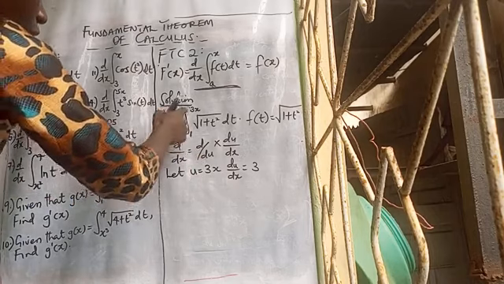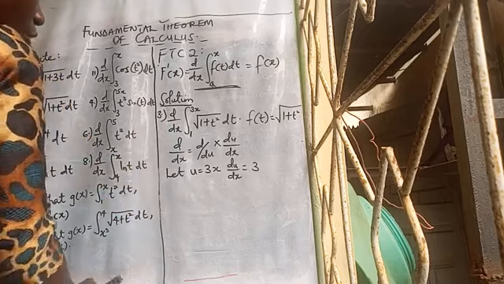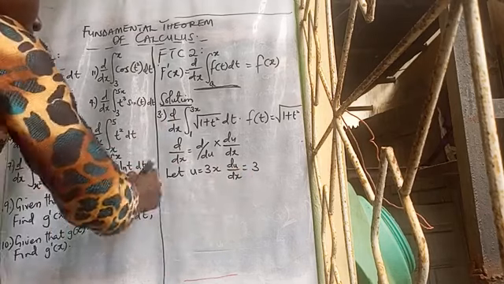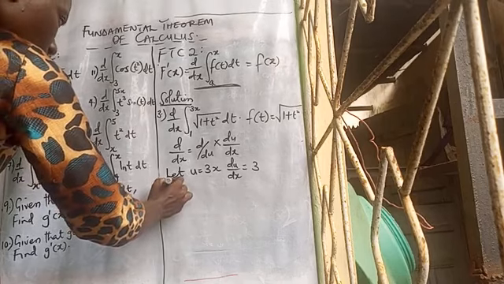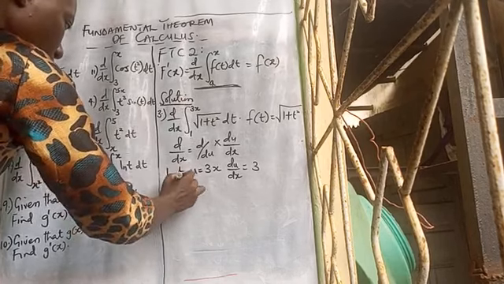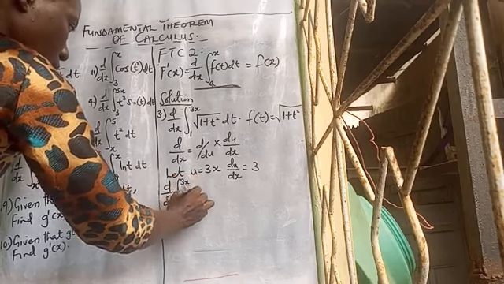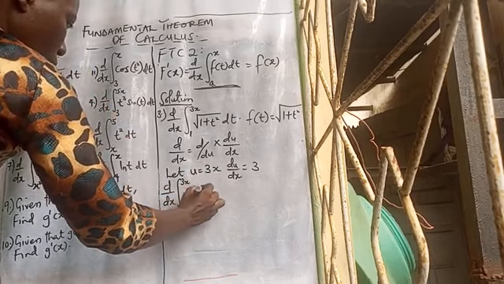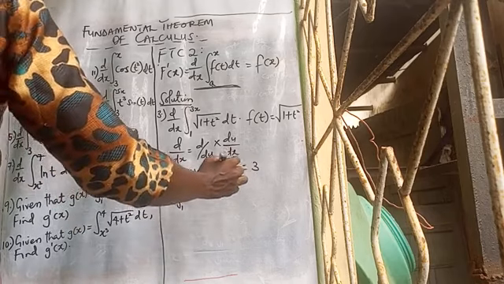d/dx of all of this will now become what? Let's try to make it simpler. d/dx of the integral from 1 to 3x of the square root of 1 plus t squared dt will be equal to